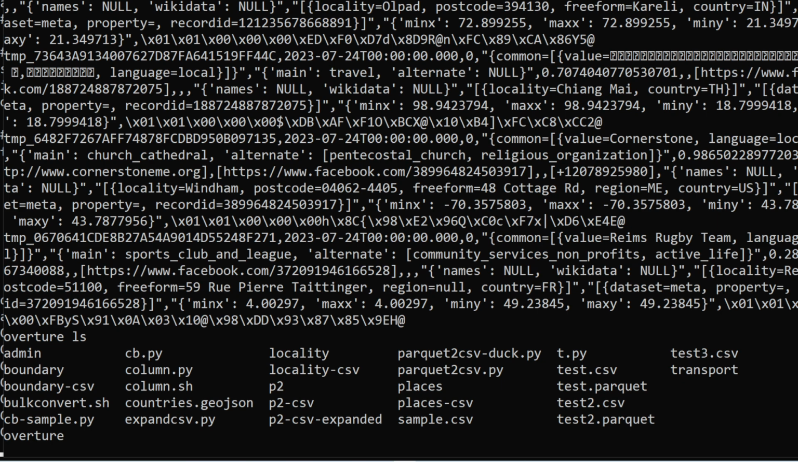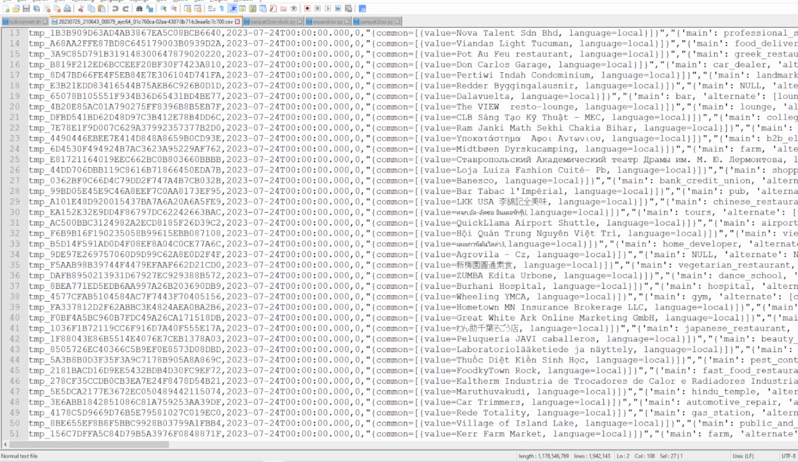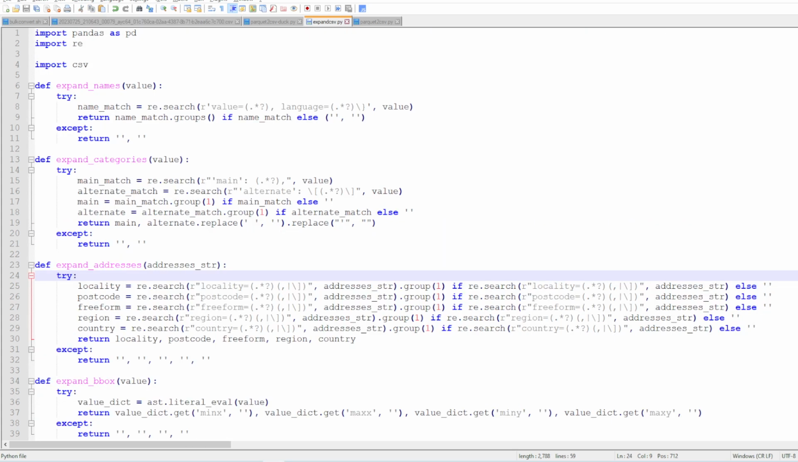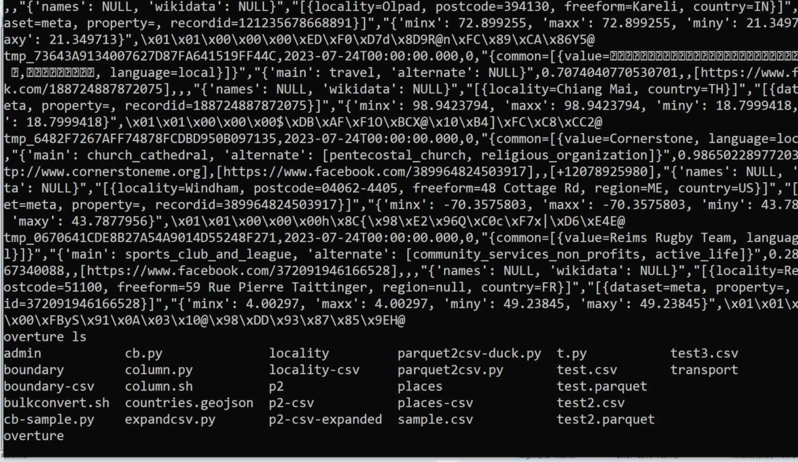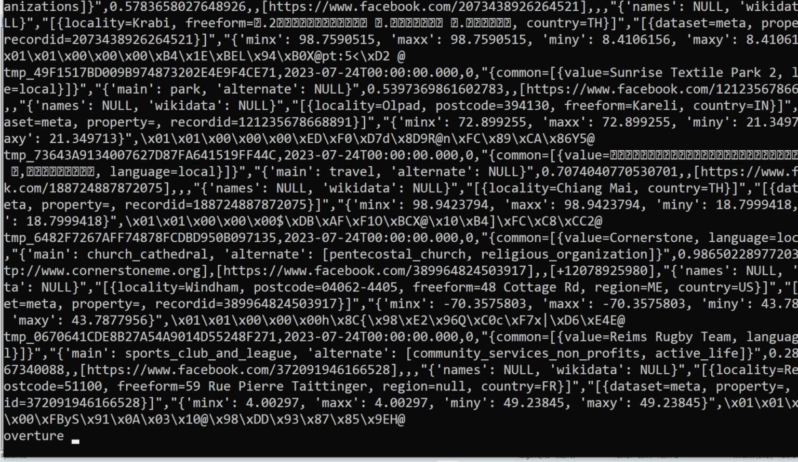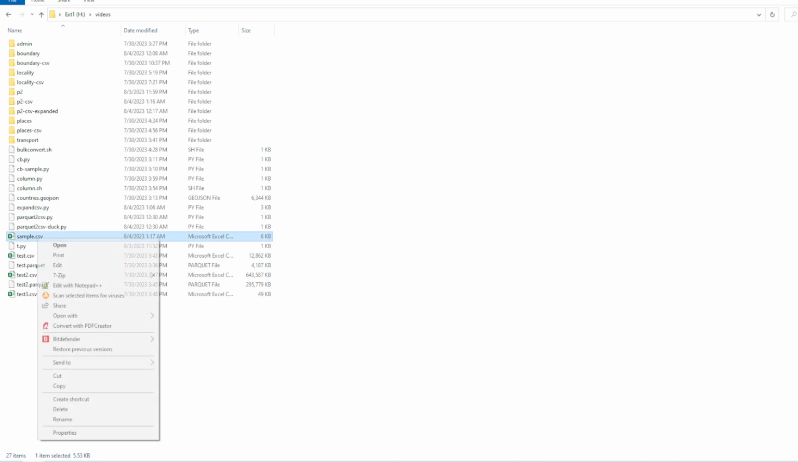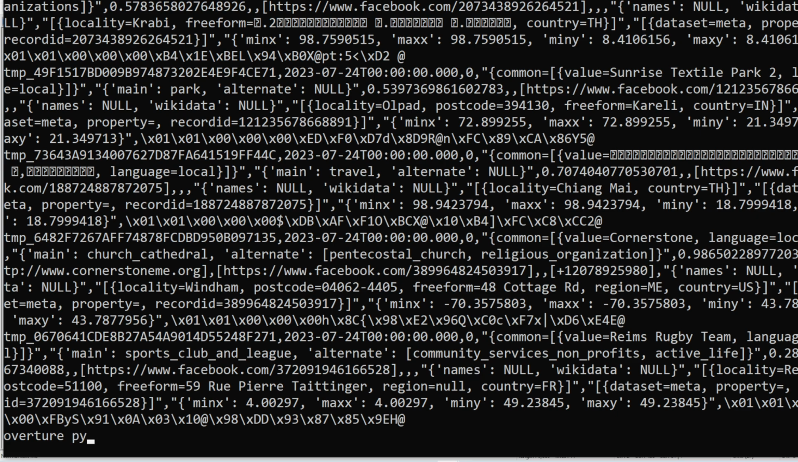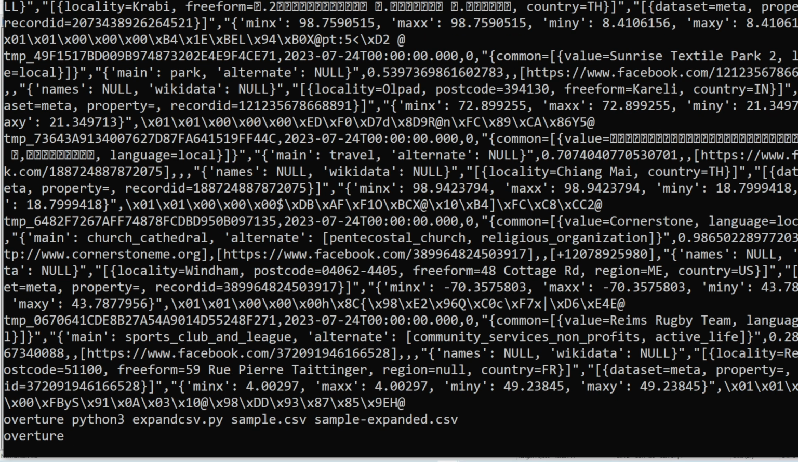Oh wait, I wanted to show you how the other one works, because the output of Parquet to CSV is this one, but I want to show you also what is the output of expand CSV. So I made a sample CSV so that we have like a test case, because it takes forever. So this is, for example, the sample. You see how it's like that, and if we run expand sample expanded CSV,